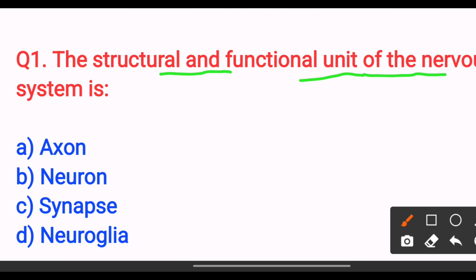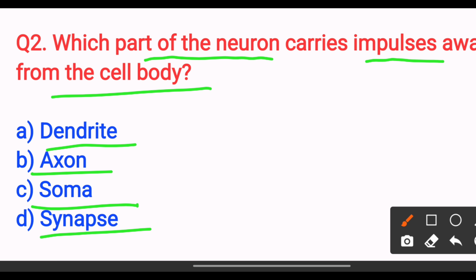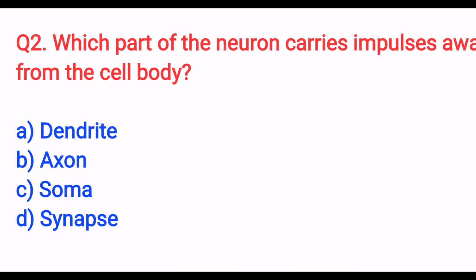which part of the neuron carries impulses away from the cell body? Option A, dendrite; option B, axon; option C, soma; option D, synapse. The answer is option B, axon. Axon transmits impulses away from the cell body to the target cell or the other neuron. So the answer is option B. Next,